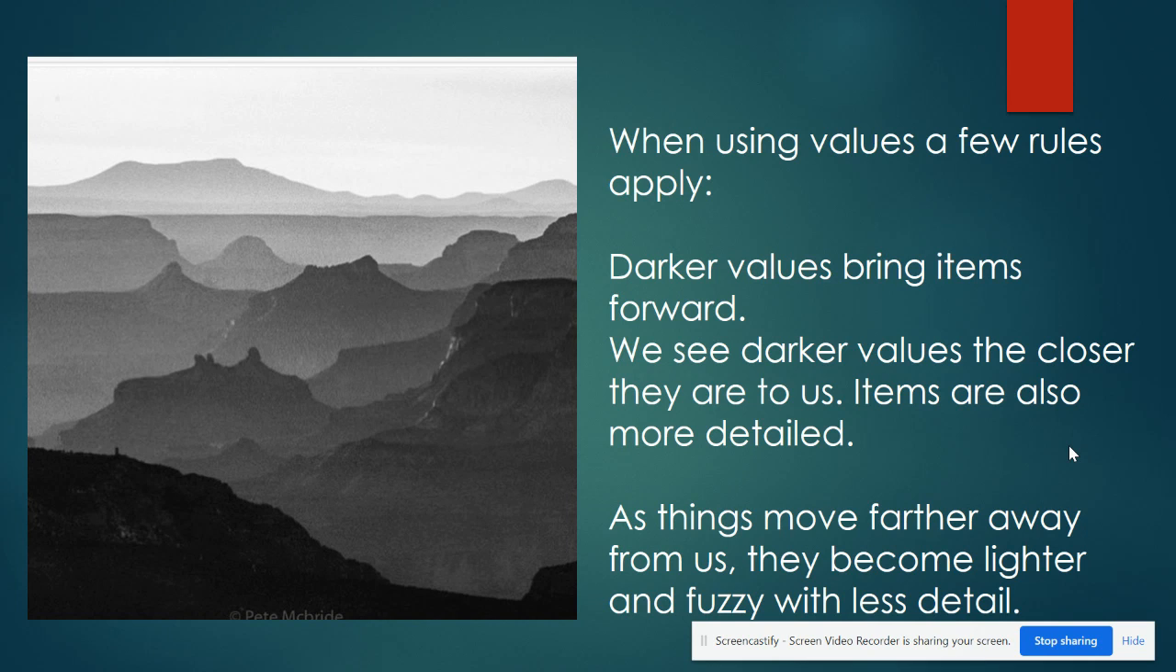And when things are moving far away from us, they get lighter in value and they become a little bit fuzzier, or they have less detail. So in this mountain scene, and this is a photograph, you can see the mountain close to us is really dark, and then the mountain back, so that's like 100% value, that mountain in front. Then we have the next few mountains are